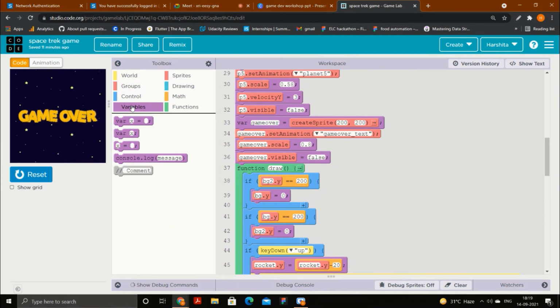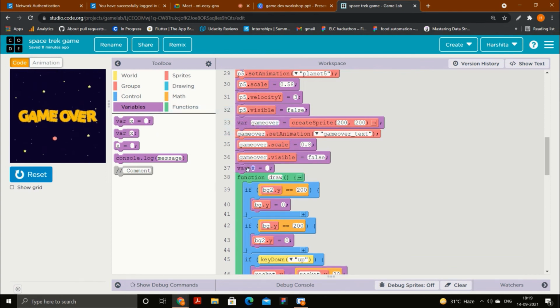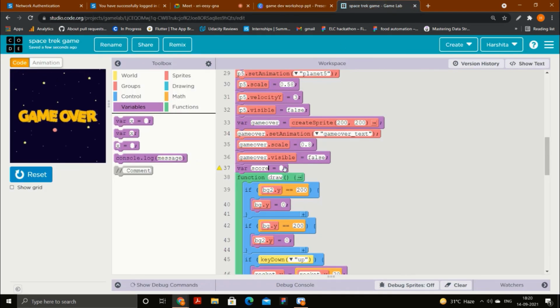You need to make a new variable here. You can click on this first one. The steps are the same. You need to give some name to the variable, so I will name it score.